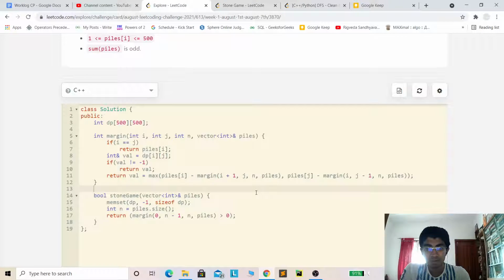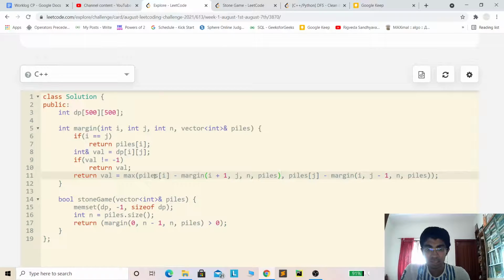Since this function is returning the difference of the arrays, I'm using a negative sign over here. Suppose there are only two values. If the first guy chooses the first value, the next guy does not have any choice other than choosing the remaining value, so what we'll get is the difference between the first and the last value, and hence there's a minus sign over here. The guy can have only two options at most, and hence he'll return whatever is the maximum between these two options.